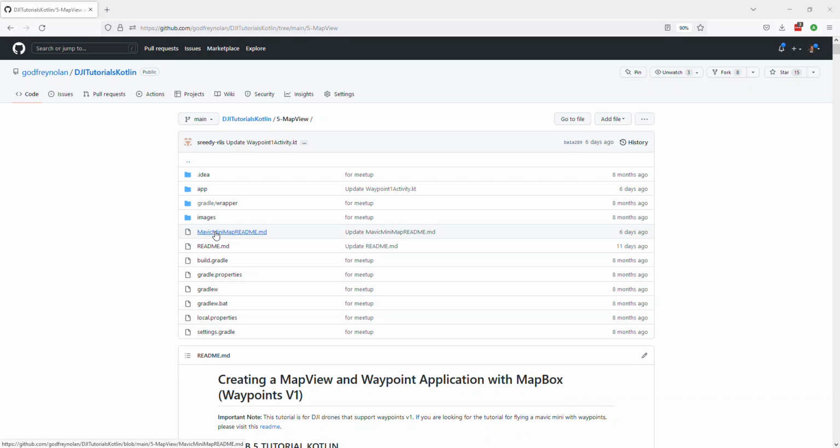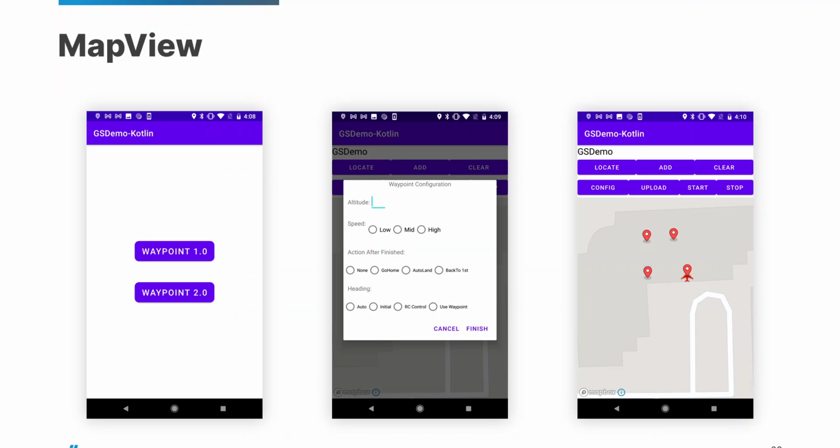Okay, so we're now on the map view. So what is the map view? Let me just show you. So in this tutorial, you'll learn how to implement the